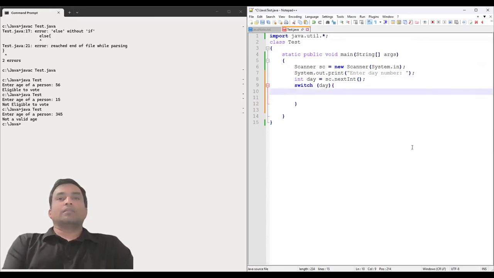So let's say case 1, then system out print line. Just print Monday. And you have to use break